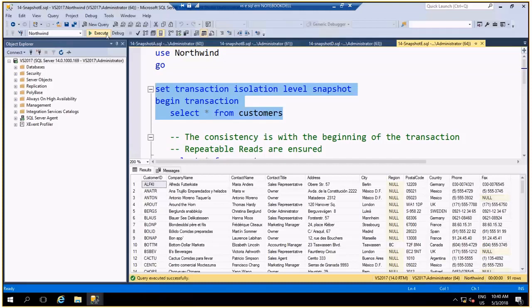First, my select is not blocked. I get no block on the select because I'm using snapshot isolation. But what's the difference between this select and the select with the NOLOCK? Look at the record.